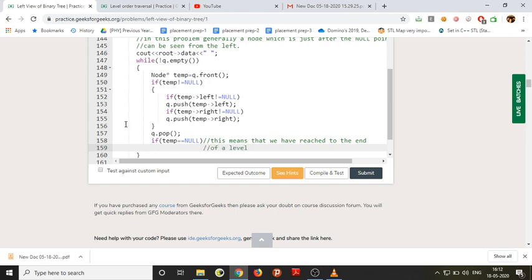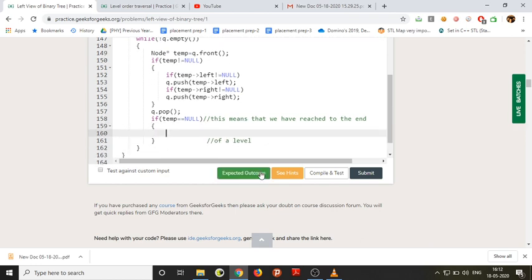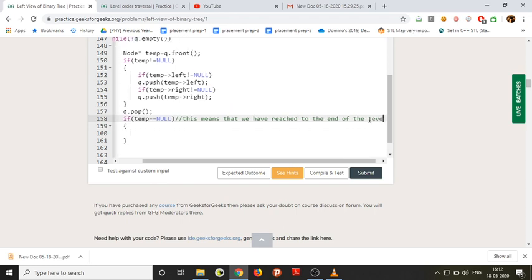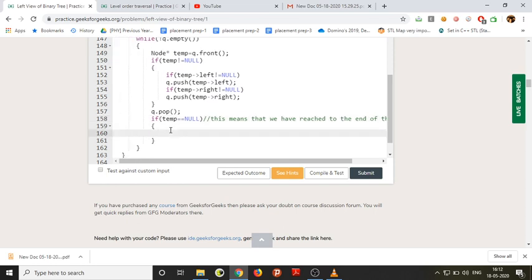Okay, so temp equal to null, end of the level.